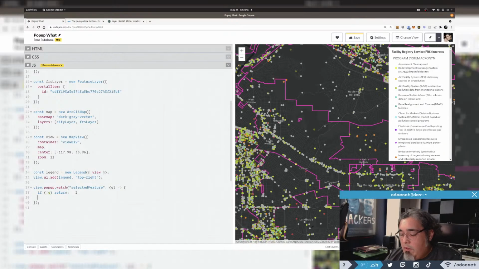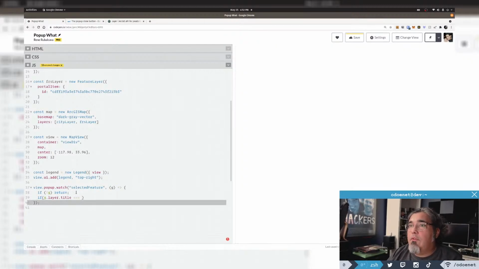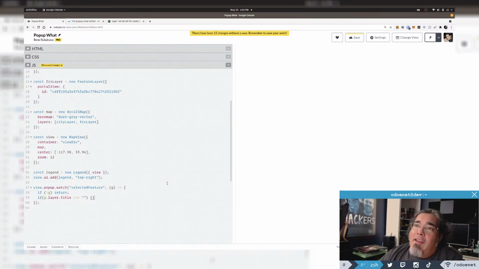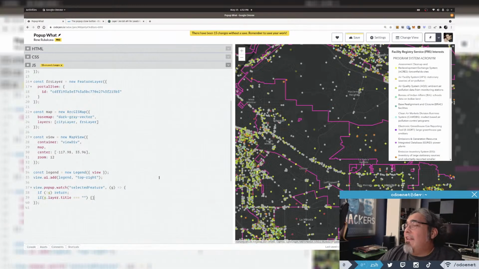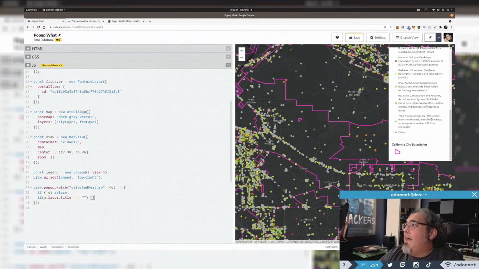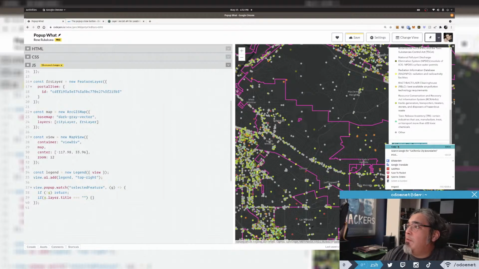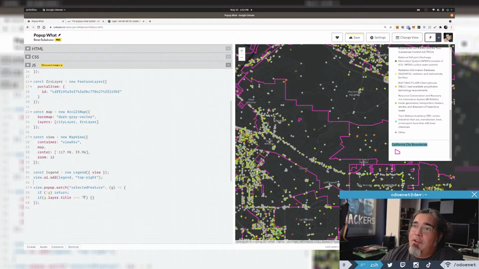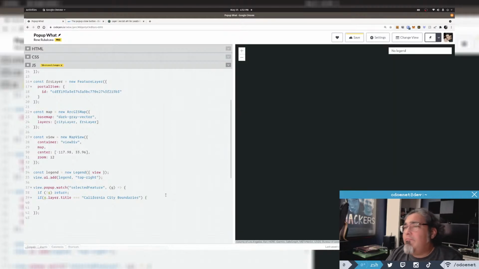Now I want to check to see if g.layer.title is equal to... Okay, wait, I've got to close this so my map loads. I don't exactly know the title for this layer, but I can get it by coming to the legend here. I know that the title will be displayed in the legend over here. So I'm going to copy that. There we go. So if the title is the city boundaries, then